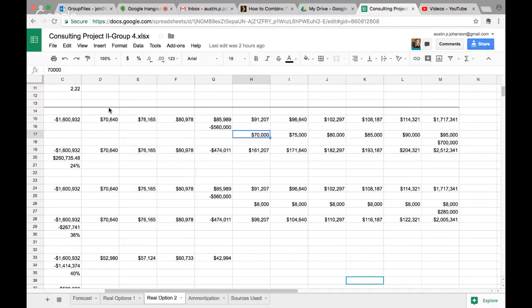And then we have the new revenue, going up by 5,000 each year, just based upon the cash flows too. So we had that assumption that it'd go up every year by 5,000, and then that gave us the net present value